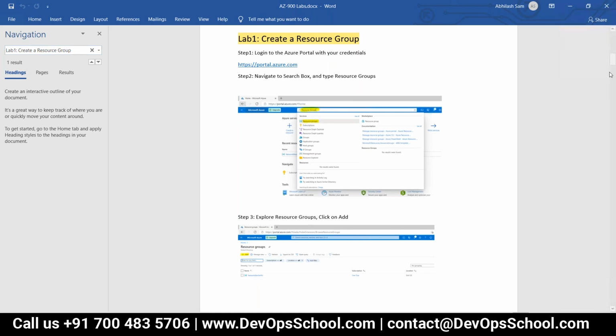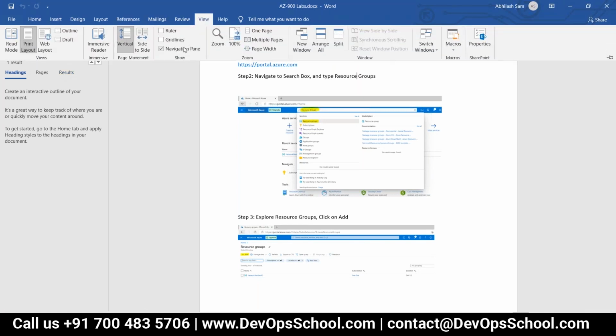Make a navigation pane from the left side. Click on view once again. Select that, create resource group. You want to make it as table of contents, no? Index content. There is a navigation pane. Let me increase the font size here. Okay, 100%.